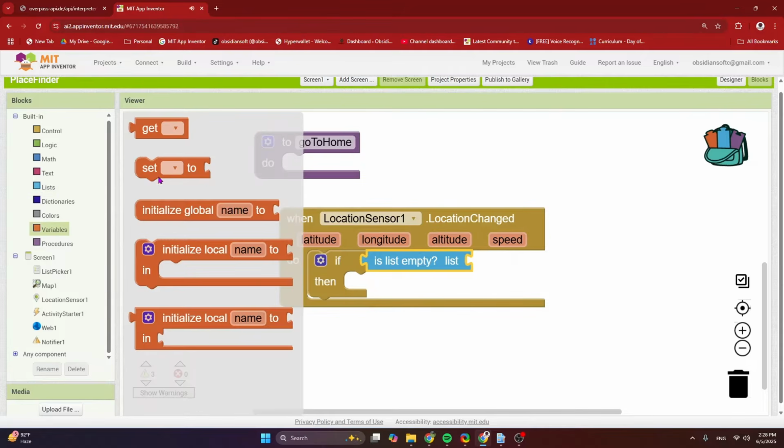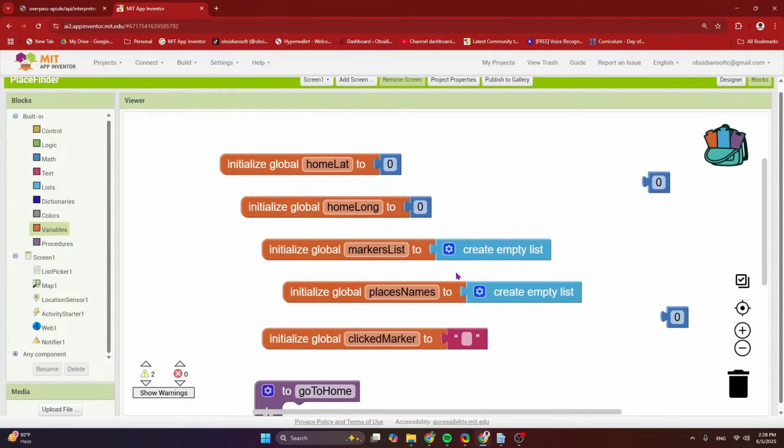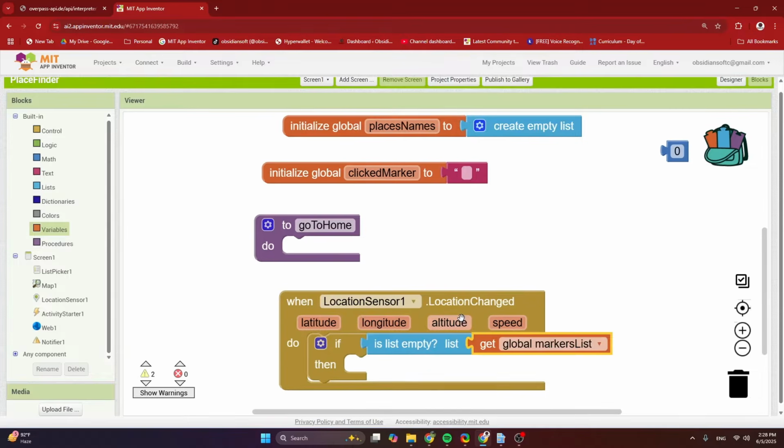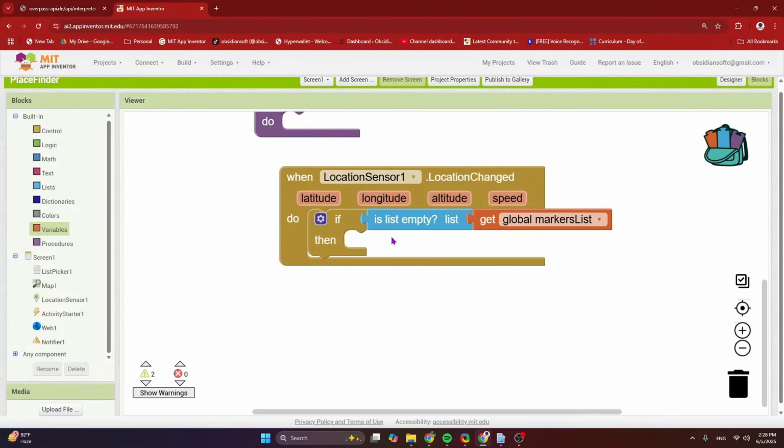Which list? My markers list. So this is to make sure that I only do this once when my markers list is empty and I've just started the app and the location has been determined for the first time, then the list is empty, so I'm going to set my home marker.